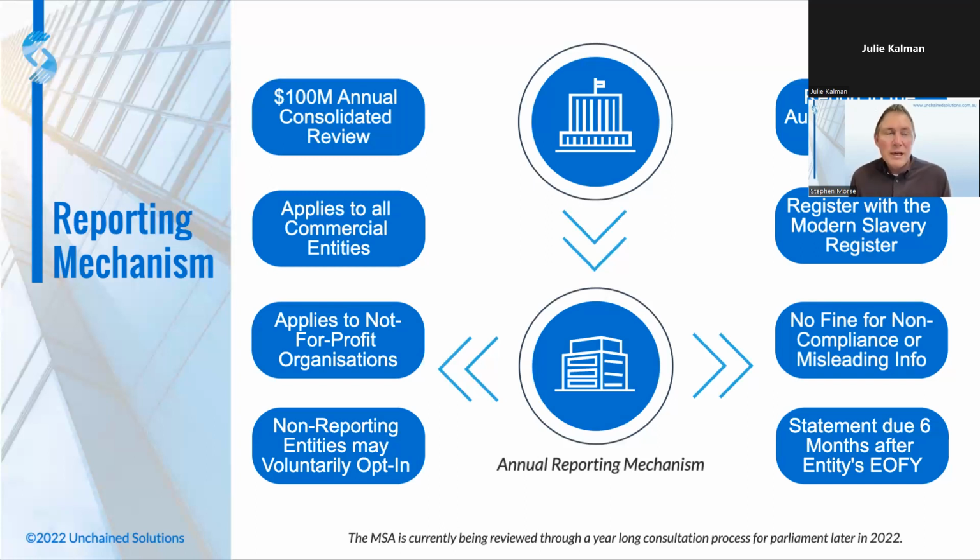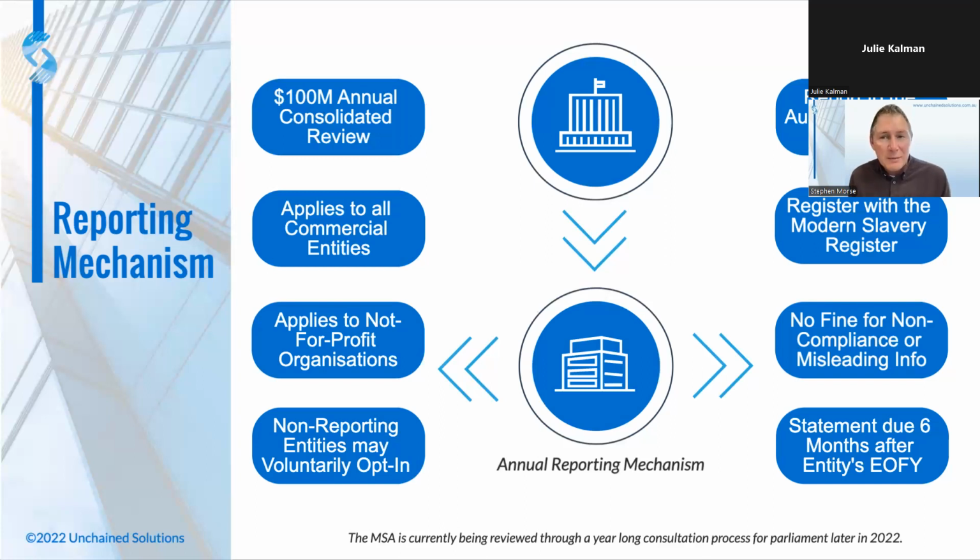At present, the Modern Slavery Act is in a process of review, and we're all waiting for a paper to be circulated in order for different organisations such as Unchained to actually review some of the proposals to change this legislation, to strengthen it. And there are many suggestions in which this legislation can be changed. There's always the question around whether or not we need to put in some sort of fine for non-compliance, whether or not we need to lower the threshold, but I suppose more importantly, for the government to articulate much more strongly what is due diligence, what does it look like,